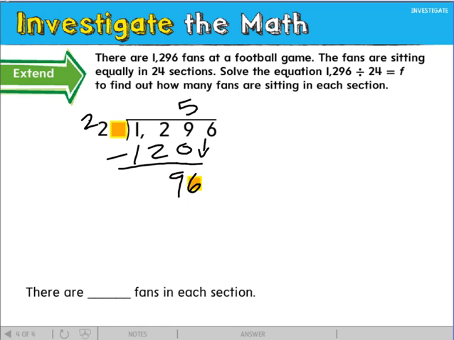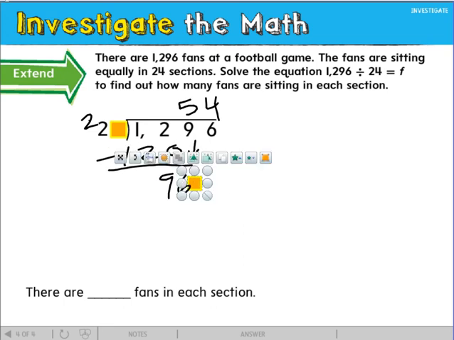Now, 90, so 9 and 2, and how many times can 2 go into 9? 4. 4 times. Okay? So let's get rid of,